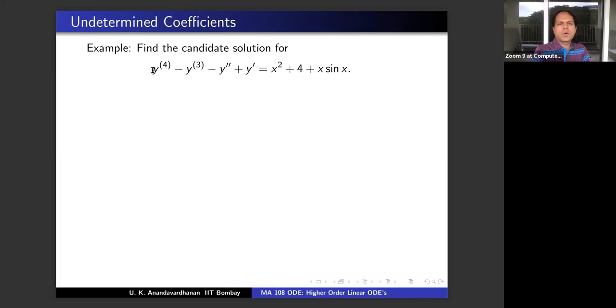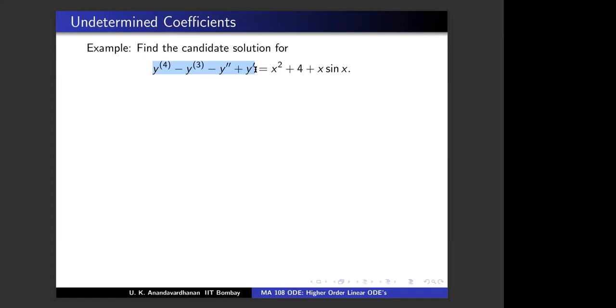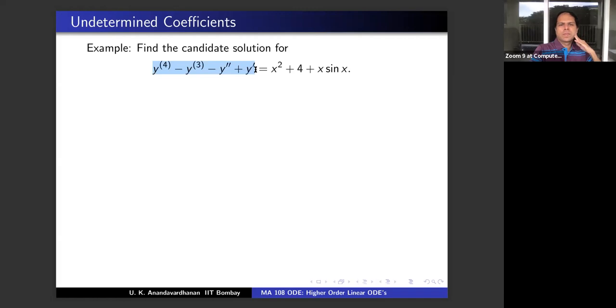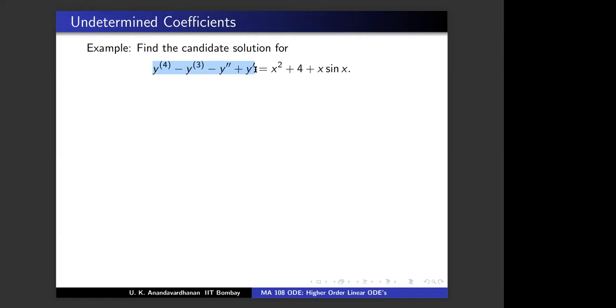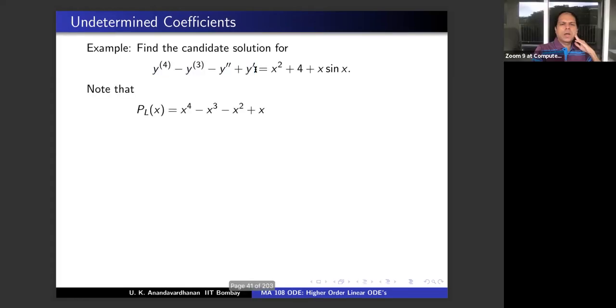What is the characteristic polynomial? x power 4 minus x cube minus x square plus x. Can you please solve it and tell me the roots? x equal to 0, 1, x equal to 1, 2 times, minus 1. So roots are 0, minus 1 coming once and 1 coming twice, and therefore the basis will be